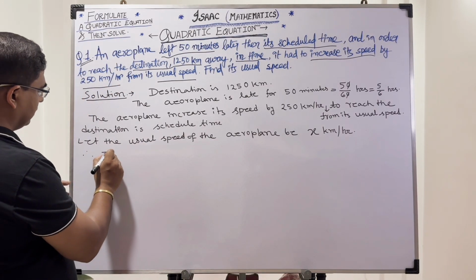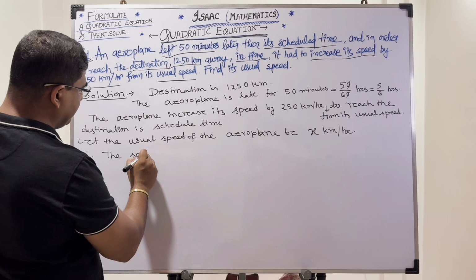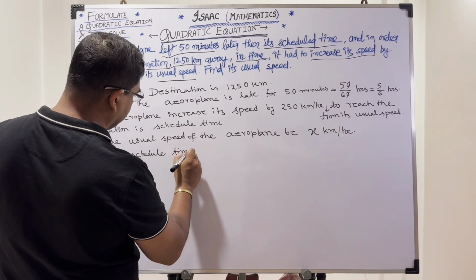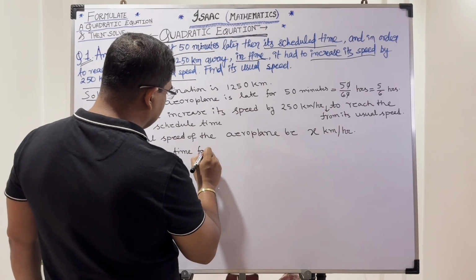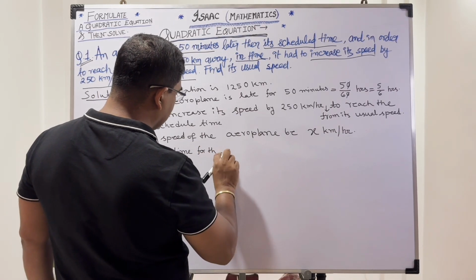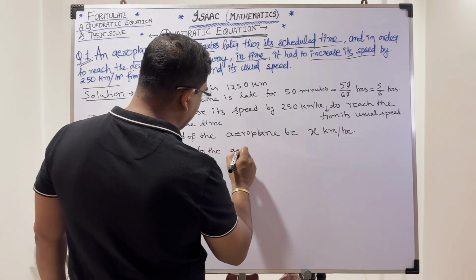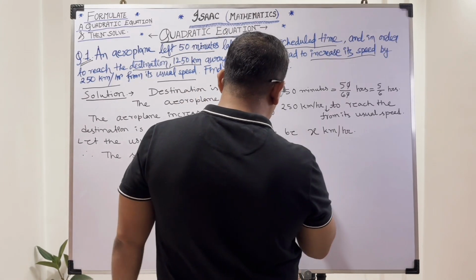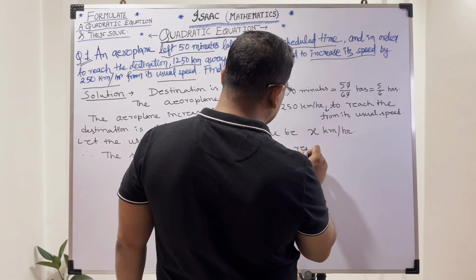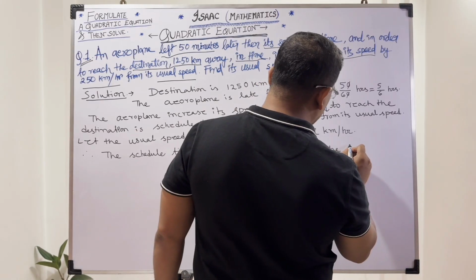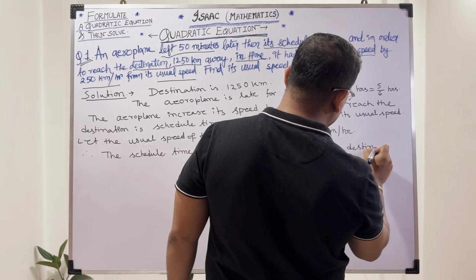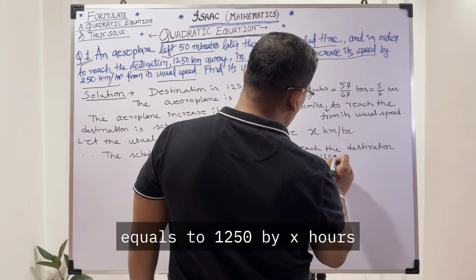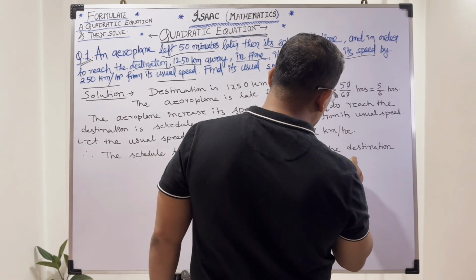So therefore, the schedule time for the aeroplane to reach the destination equals to 1250 by x hours,